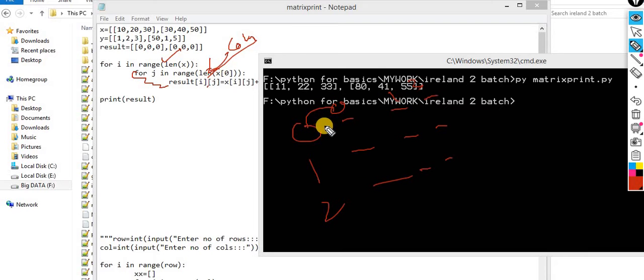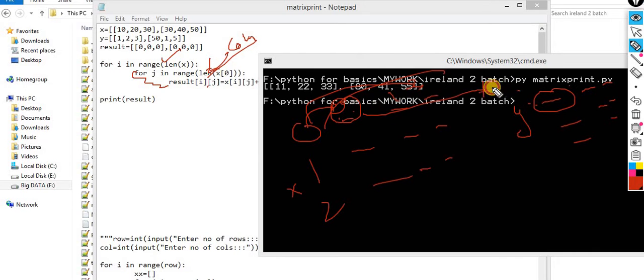So this means row 0 column 0, row 0 column 1, row 0 column 2. You are supposed to pick it out from this one, and again the same from the Y matrix. This one is the X matrix, this one is the Y matrix. You pick it out from here, this 0 and this one. You add these two elements at the same position, the 0, 0th position. Into the result matrix, the position should be the same, that is 0, 0. In the 0, 0 position you add these two numbers.